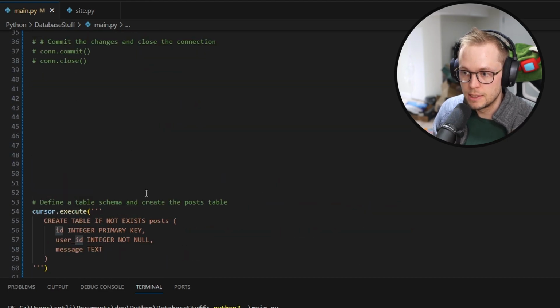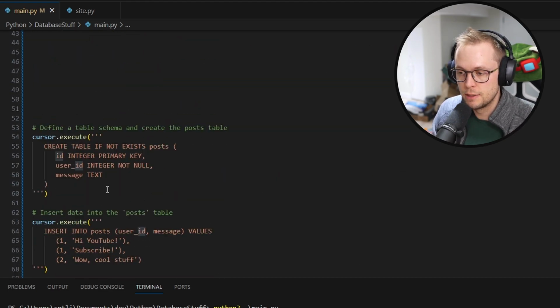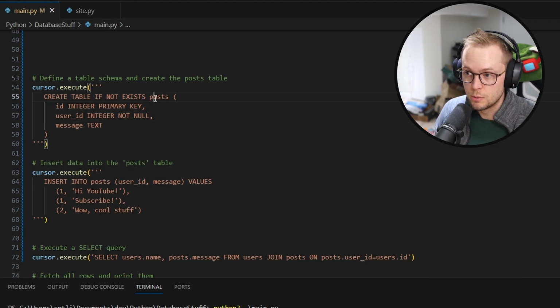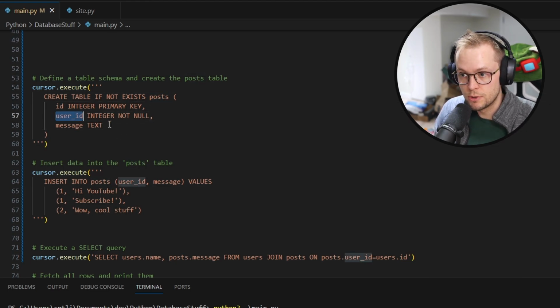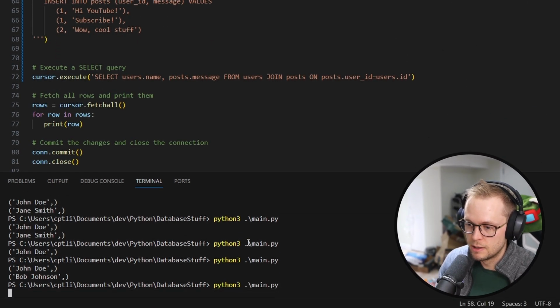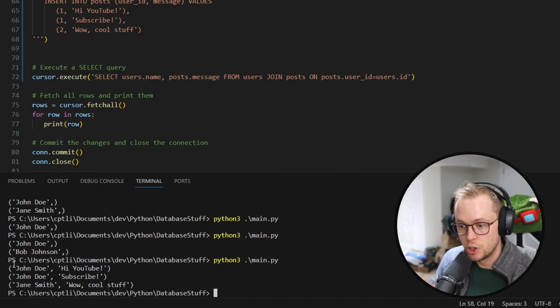So this is basically saying that if we have an instance of a user where there is a post within the posts table where the user ID is equal to the ID within the users table, then we should consider that a single row. Now, let's see what happens when we run this. Now we get John Doe, hi YouTube, subscribe, wink, wink, nudge, nudge, and then Jane Smith, which says, wow, cool